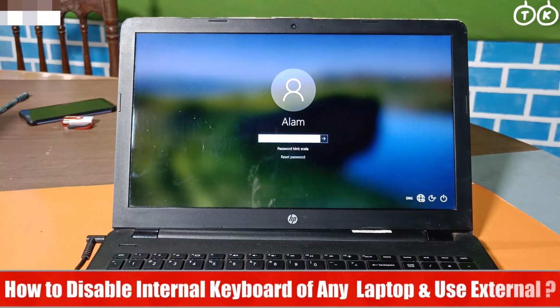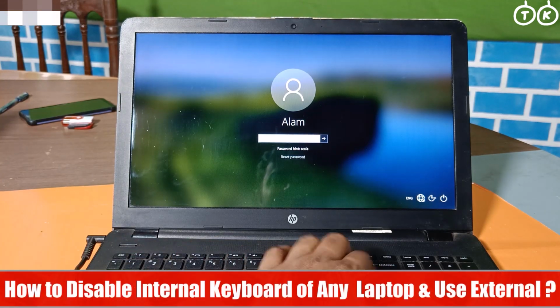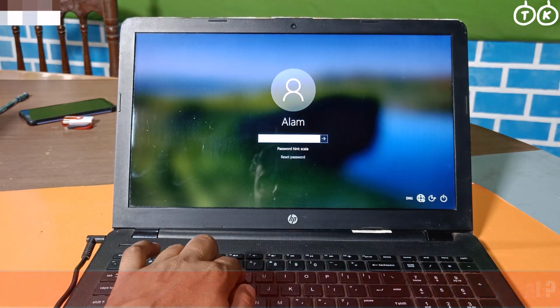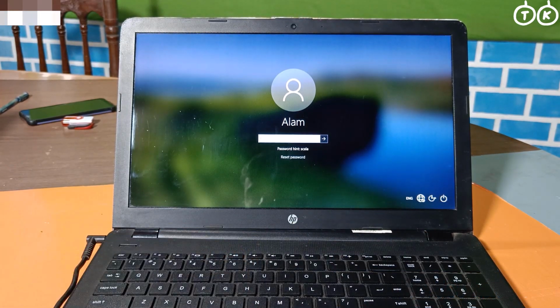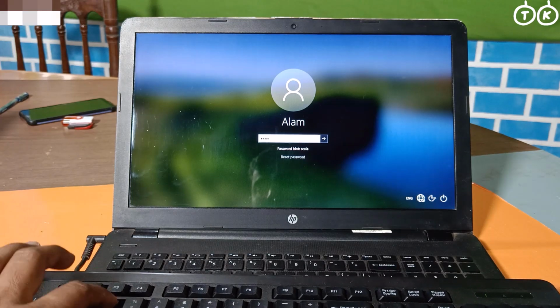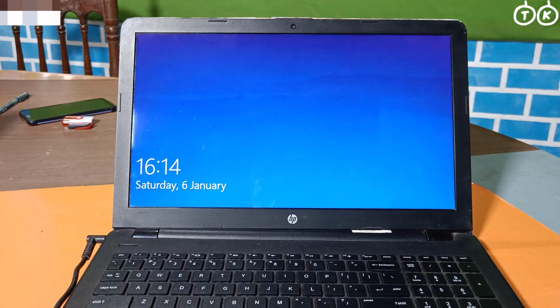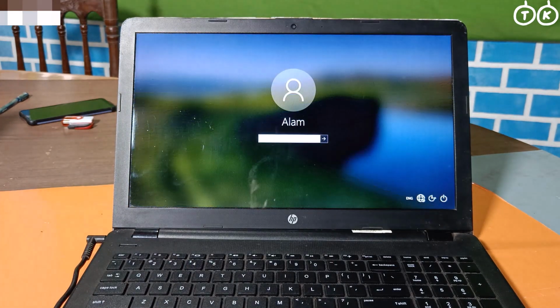My name is Alam and today I am going to show you how to disable the internal keyboard of any laptop. This is my internal keyboard which I have already disabled, and this is my external keyboard which I am using. In this video I will tell you a very simple way to disable and enable the internal keyboard without installing any